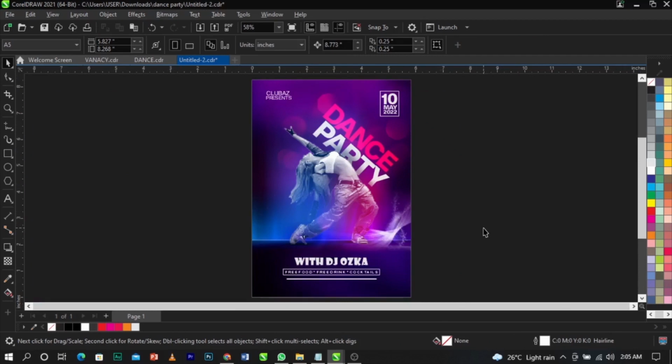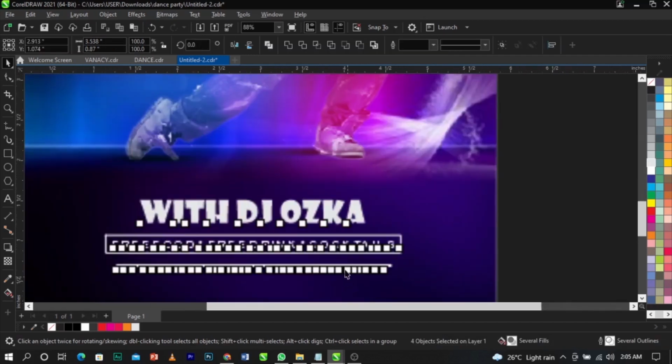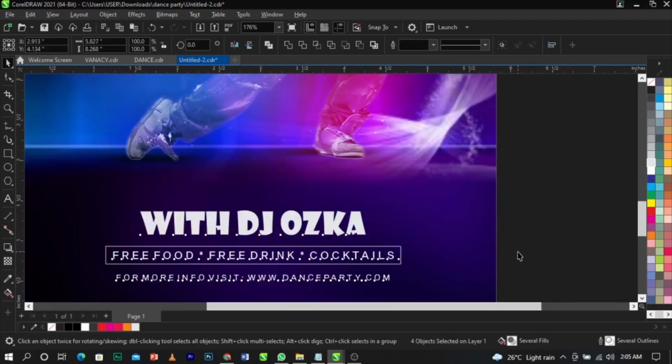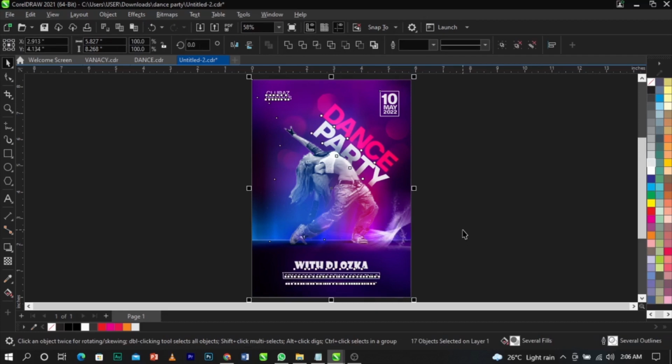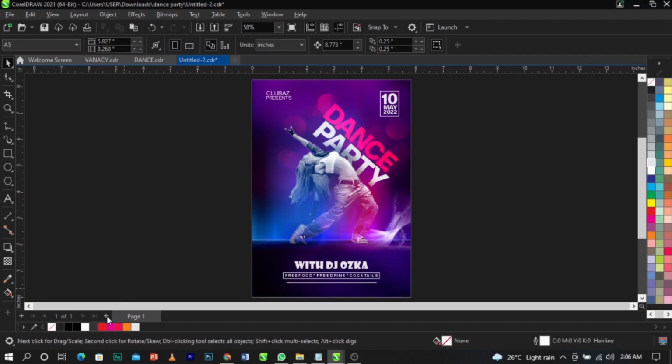So the next thing I'm going to do is apply a noise effect to this. Let me take this one down a bit first of all. My advice before you apply a noise effect: you can download a noise effect then apply it here, but you can actually do it here. But one thing with this is if you apply it, you might not be able to edit certain things. So I'm going to highlight everything and copy it,